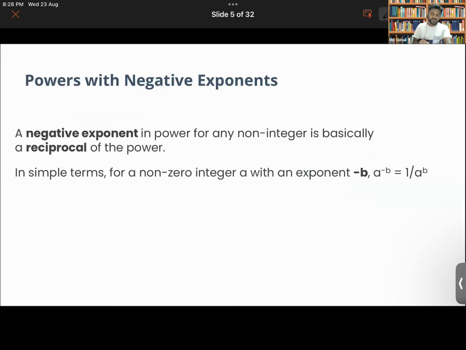Then you will also be studying about powers which are having negative exponents. How do we represent that? So that will not be negative now. It will basically get the reciprocal of the number, if the power